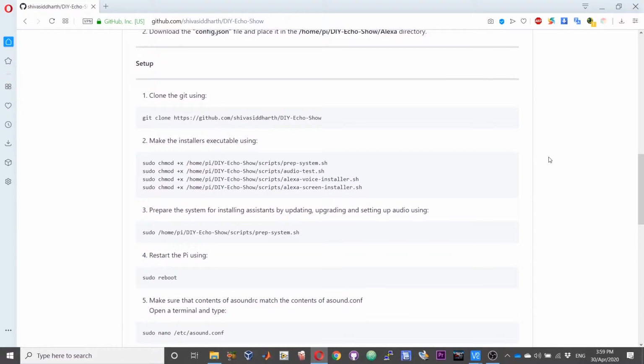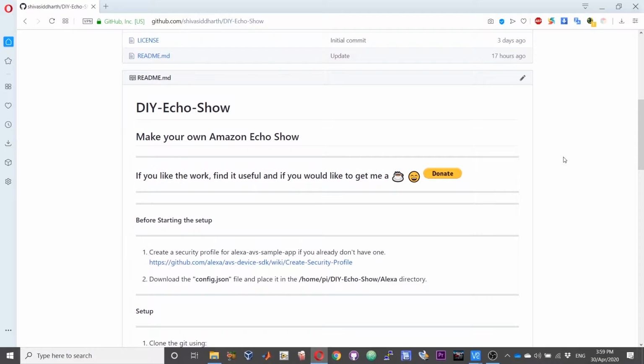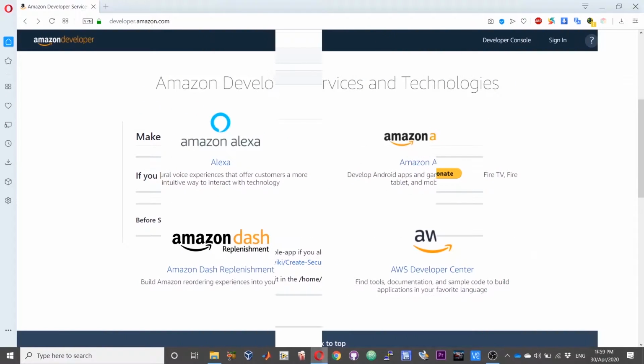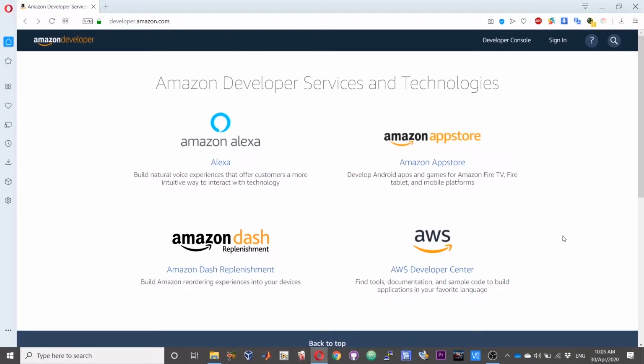Okay, so first step is to set up a security profile and create a product in your Alexa developer console or Amazon developer console. First, you need to create your own device and obtain the credentials in the Amazon developer console or the amazondeveloper.com website. So first head over to the developer.amazon.com web page. I will give this link in the description of this video, and then sign in using your account. So after this, click on Amazon Alexa